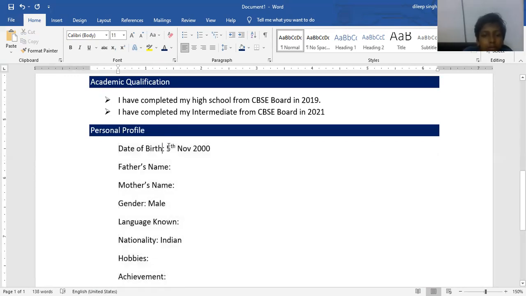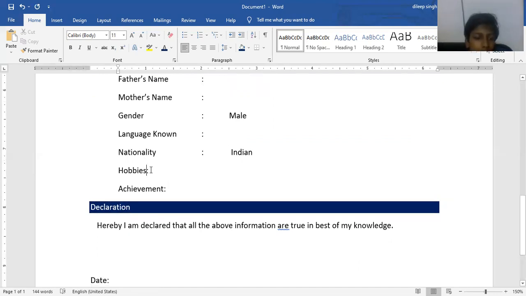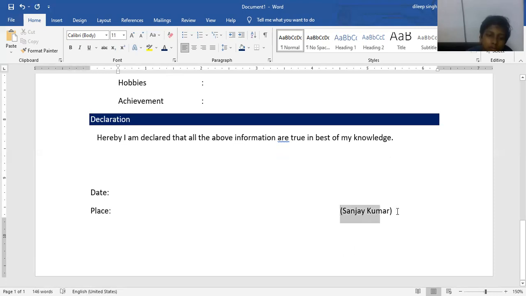After that, press the tab button, placing your cursor before the colon and using the tab space. When we use tab, it will give equal space for the particular text, and that's why it becomes a very uniform look. By using tab, we easily give equal space from one text to another. Just fill in the data, and after filling the data, your resume is completed. This is all about your resume content.